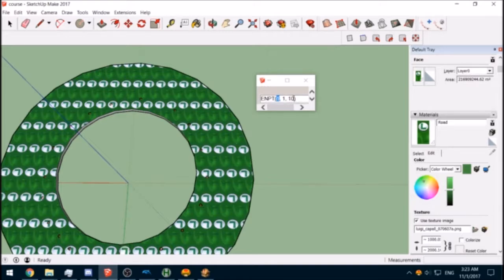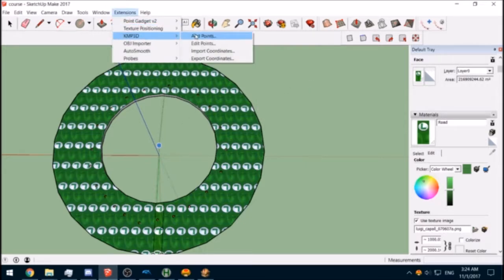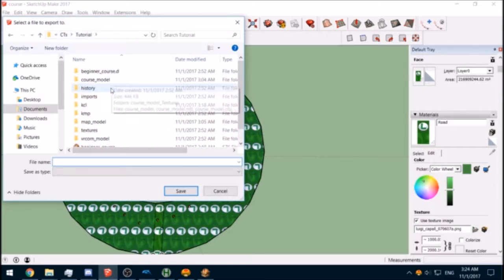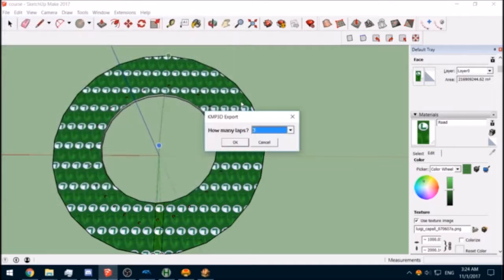We're just going to do the EMPT, the KTPT, and the checkpoints, CKPT. Actually, I'm not even sure that I'm going to do that. No, I'm not even going to do that. Yeah, I'm just going to export these coordinates that I have. I'm going to export them into my KMP folder for this course and call them course.txt.